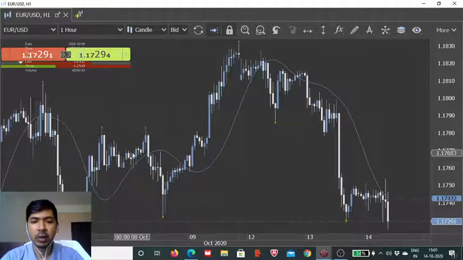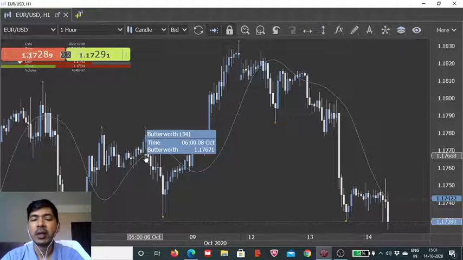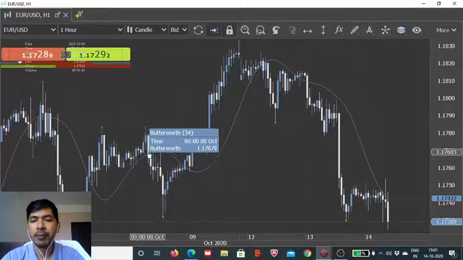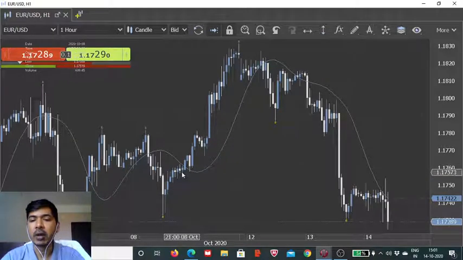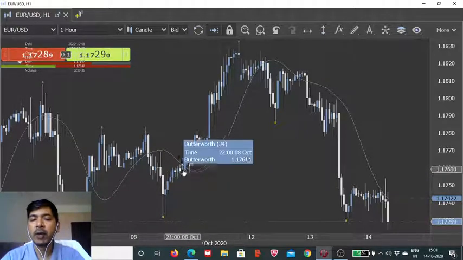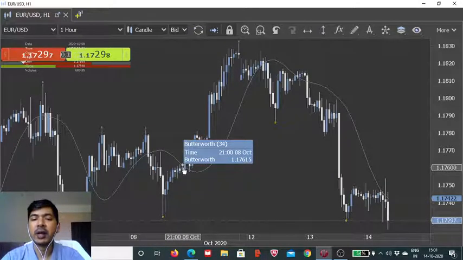But that's not the case always. Here you can see that this Butterworth filter's graph bent on the lower side, but then without any profit. We would have actually ended up in loss if we had gone for the sell trade anywhere closer to this consolidation, closer to 1.176. So it depends, and